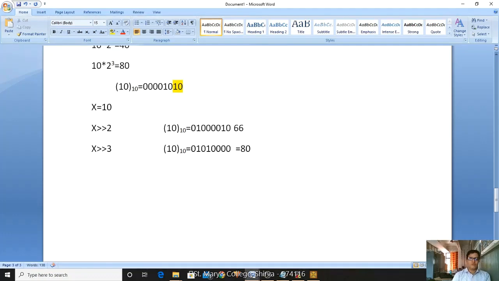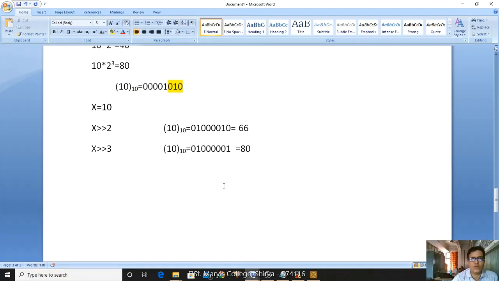Okay. If I shift 3 bits, then what happens? Let me check. If I shift 3 bits, the new value is 66. So I want to remove this one, right? If I remove here, what happens? 0 will come first, 1 will come first, next and 0, right? Afterwards, this is also what I am highlighting, don't get confused. Here 0 0 0 0 1.